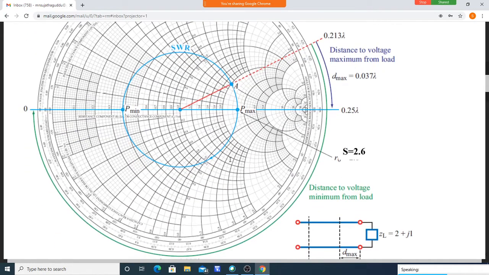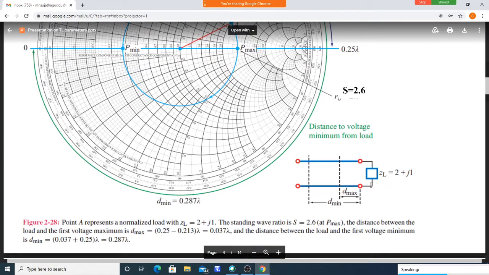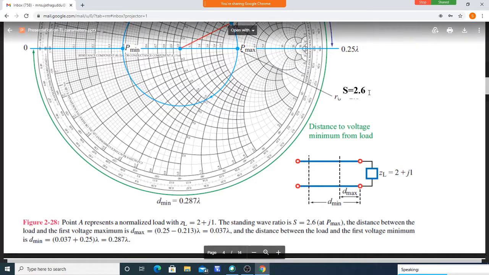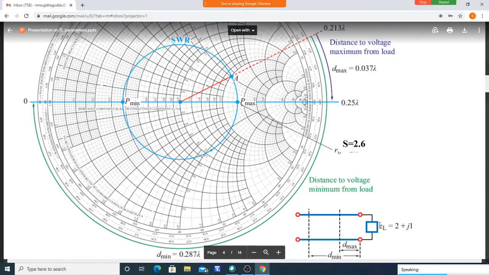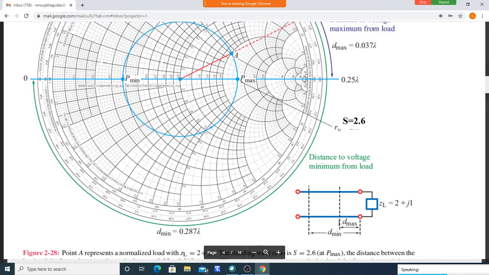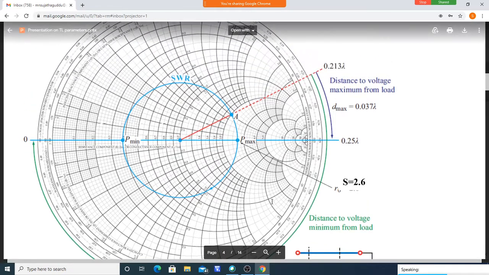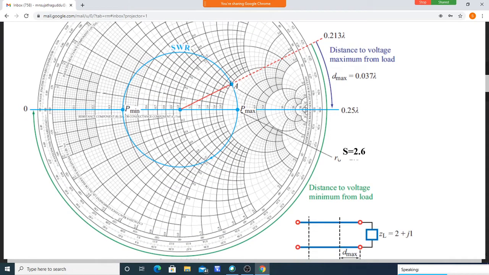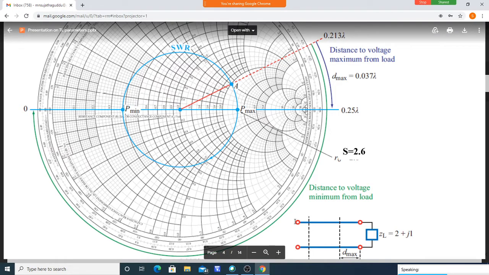Now what you have to do, at what distance d maximum, d minimum, all those things, and VSWR we have to find out. And also you should find out z minimum and what is the impedance at the maxima distance, what is the minima distance, that we have to measure. So now what you have to do to find, starting from load, you start from load, move like this, and the VSWR circle, that is nothing but we are moving like this.